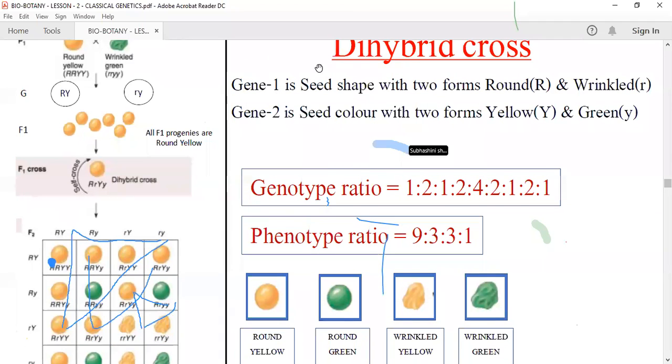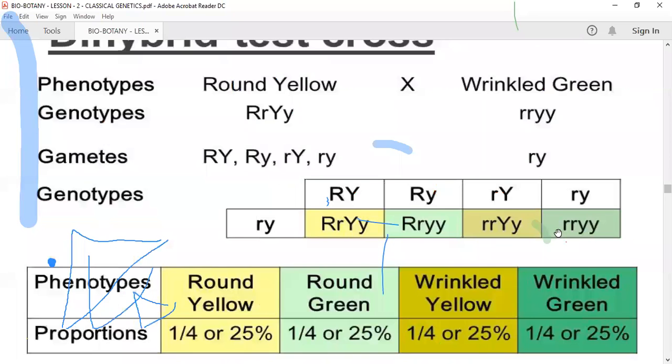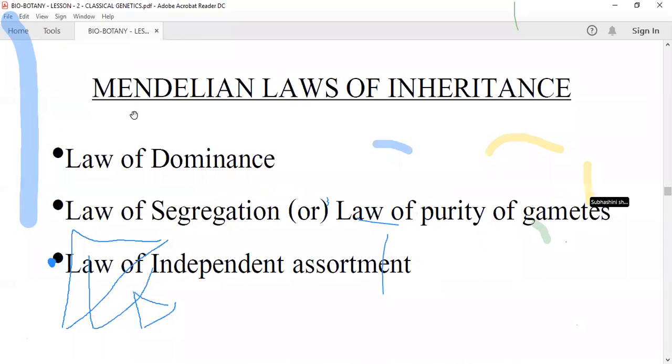So this is again a dihybrid cross. The seed shape with the two forms, round and then wrinkled. Here it is yellow and then green. So this is the genotypic ratio and this is the phenotypic ratio. Okay, and then next, Mendelian laws of inheritance. So that is the law